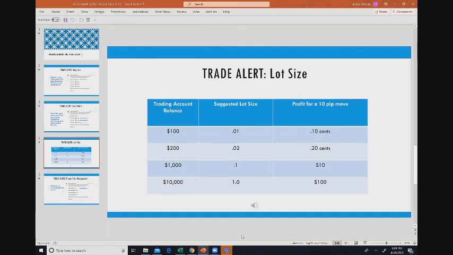So with some discipline, while you're learning as a beginner, you are doubling your accounts, you know, in time, you're growing your accounts, and once you hit that $1,000 and you're using the 0.1 lot sizes, that's pretty fun. It's pretty exciting, because it's so much easier to add the